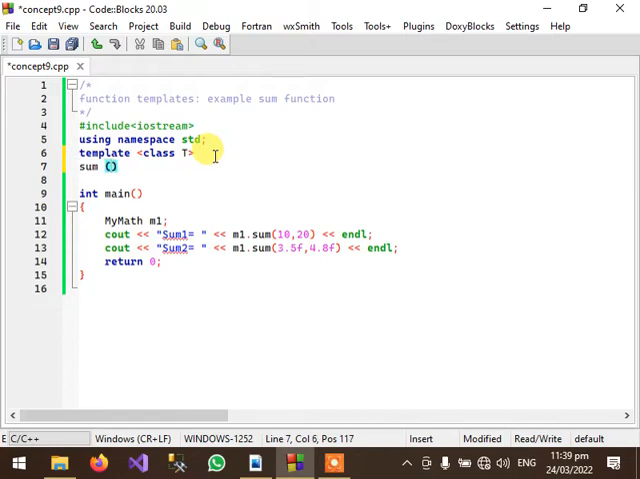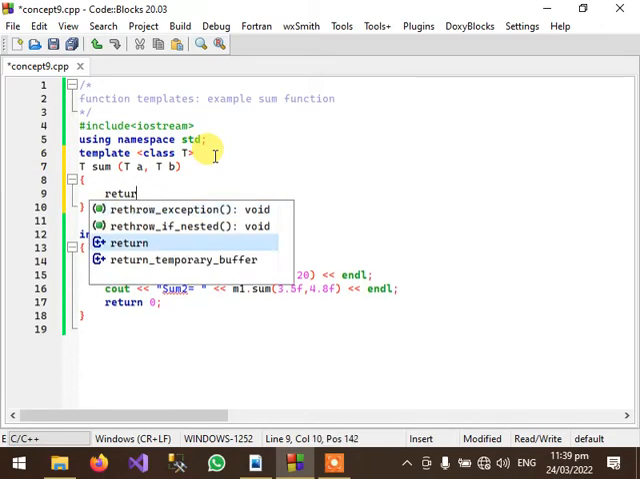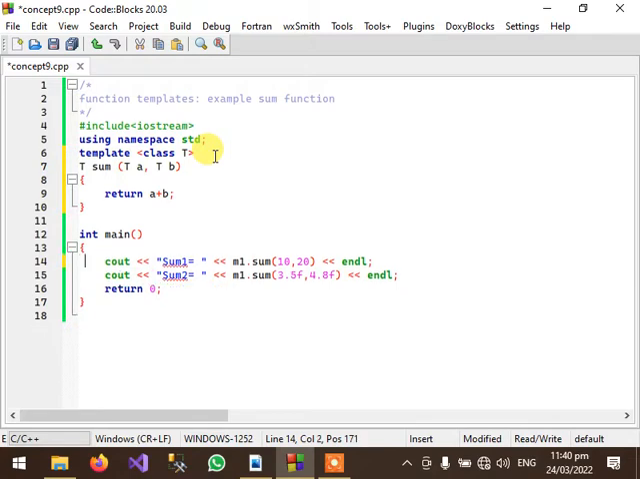We will say that it will receive two parameters of T. First parameter name is A and second parameter name is B, and the types of both members is T that we have defined over this line, and it will also return a value of type T. So what this function will do, it will simply return the sum of the two parameters. Now we don't need this class declaration here, and